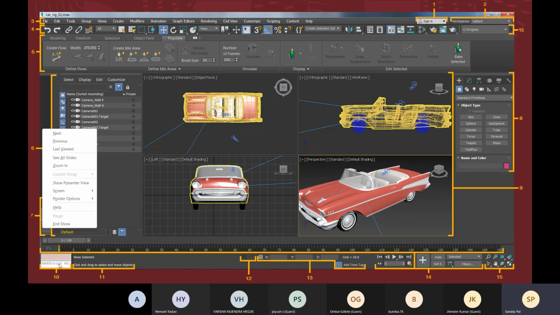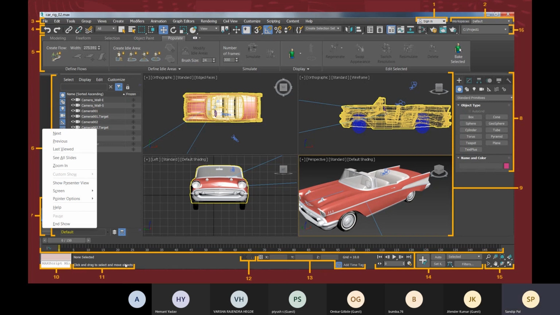Okay, so next is your status line. This will show you information as per your mouse movement or the activity going on. Here you can see it.